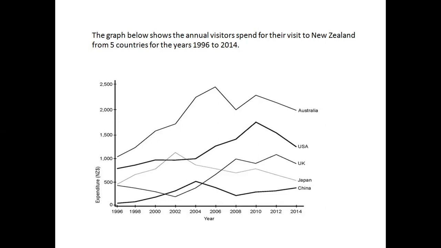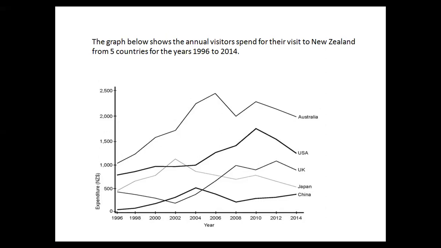So yes, of course, we are supposed to do some paraphrasing, as the graph can be replaced with line chart. Shows can be replaced with illustrates, maybe, or delineates. Annual can be yearly. Visitors can be tourists, yearly tourists. Spend can be expenditure or presented. So what we can write here is: the line chart represents or illustrates the spending of yearly tourists to New Zealand from 5 different nations